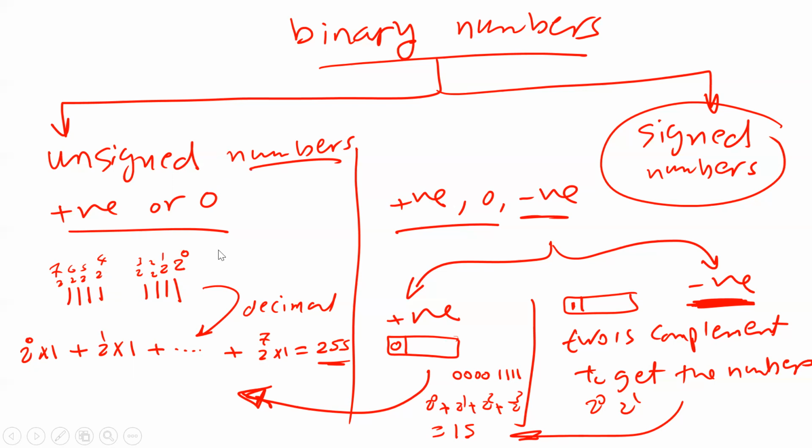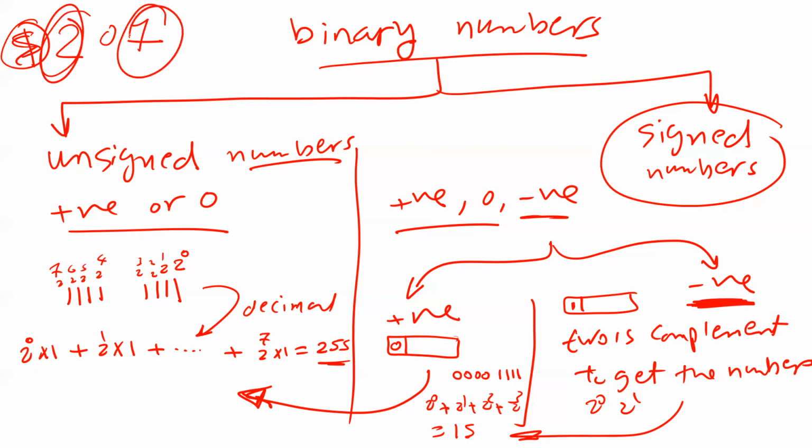By the way, even in a decimal number, we use the same idea of weight. For example, if I have $207, the weight of this 2 is different from the weight of this 7, right? Because this one is in dollars, this one in hundreds. Even in the decimal number we have weights. Same thing here, but here the weight is 2 to 0, 2 to 1, 2 to 2, 2 to 3, 2 to 4, and so on.